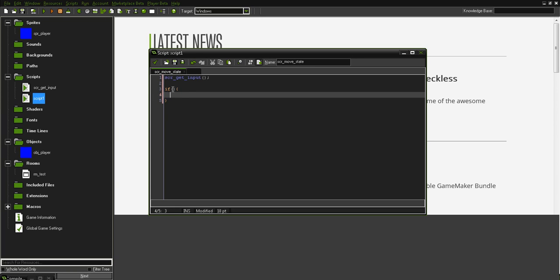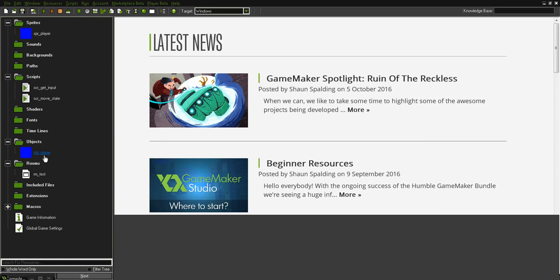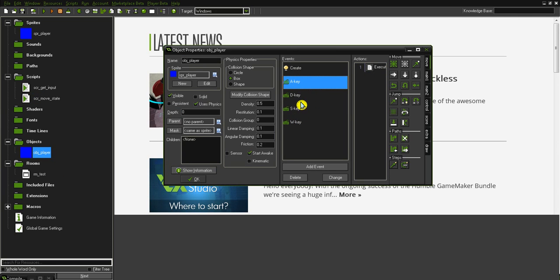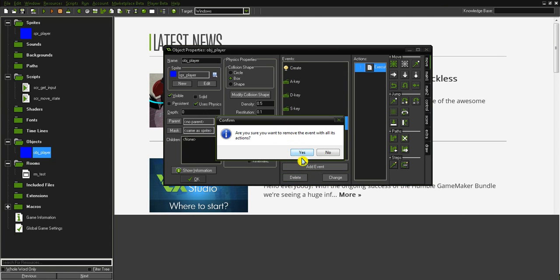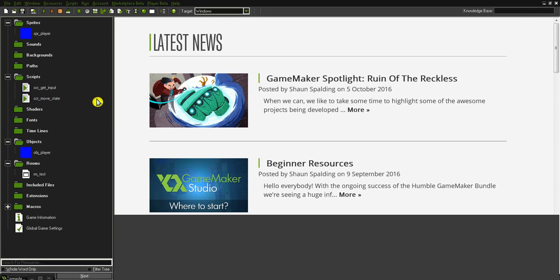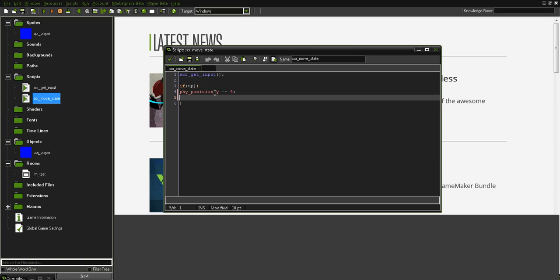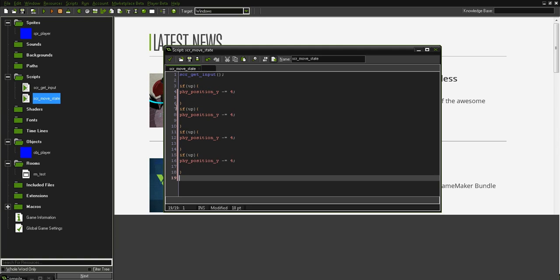But in this if statement, if up, then you want to go up. So if we go into our object player here, this W key, this is the code we have when you go up. So just copy that, delete that, and then go into your move state here, and just go ahead and paste that, copy that, paste that 3 more times: down,